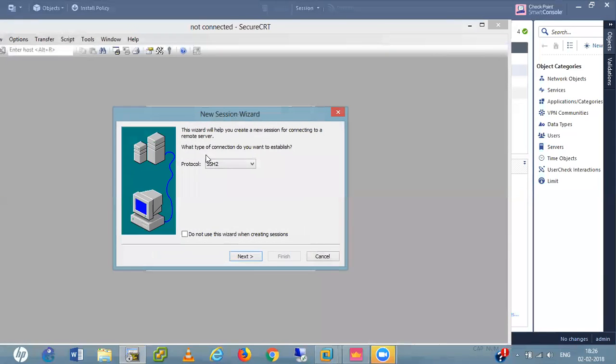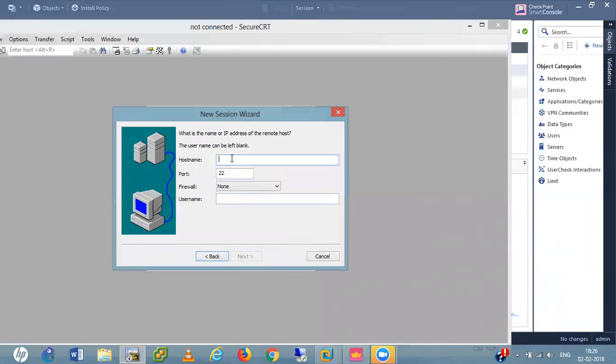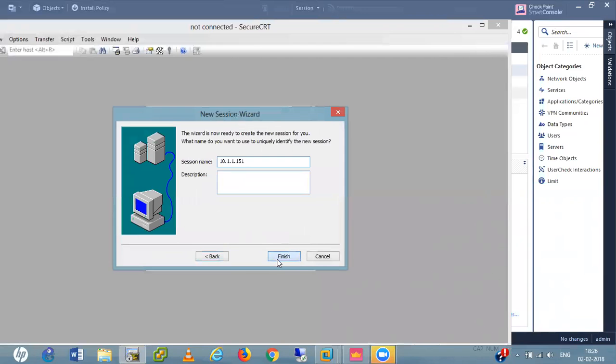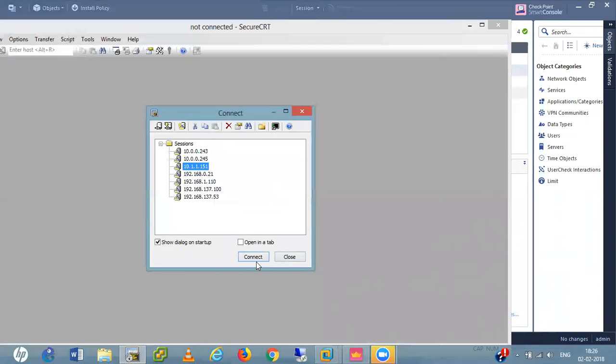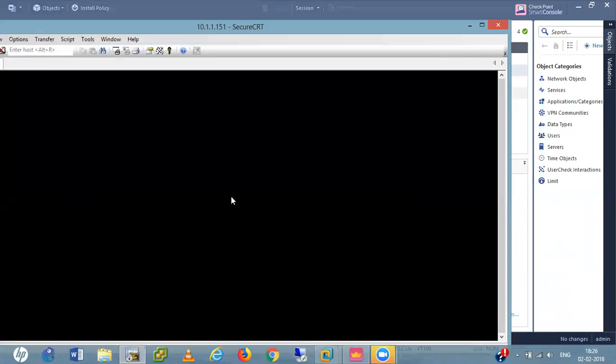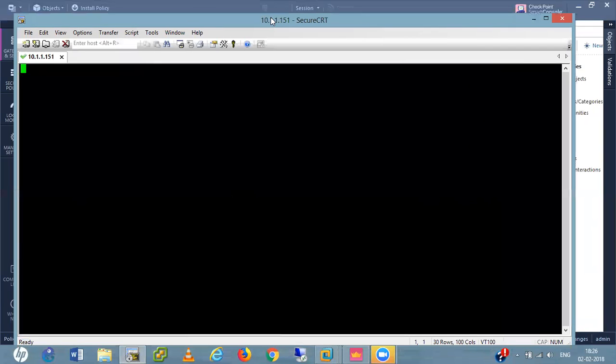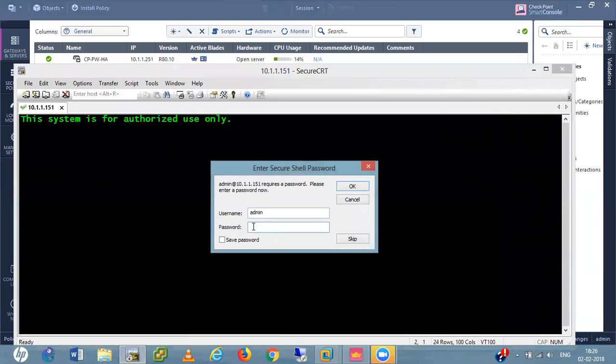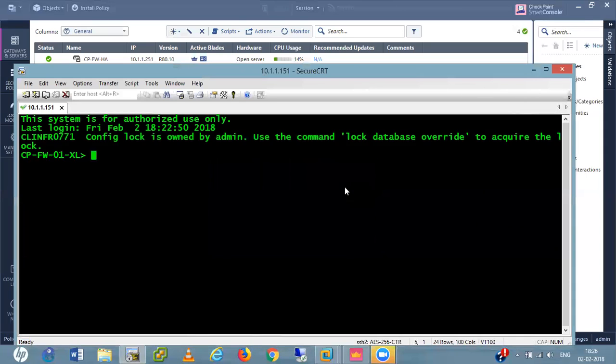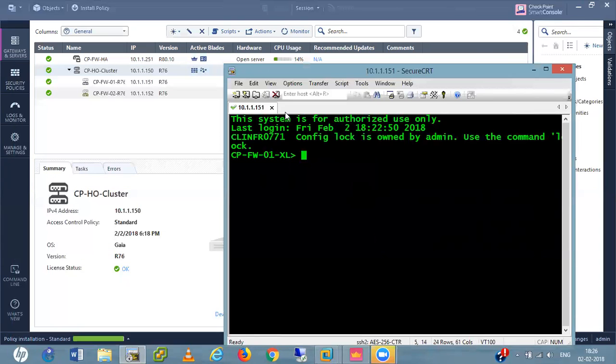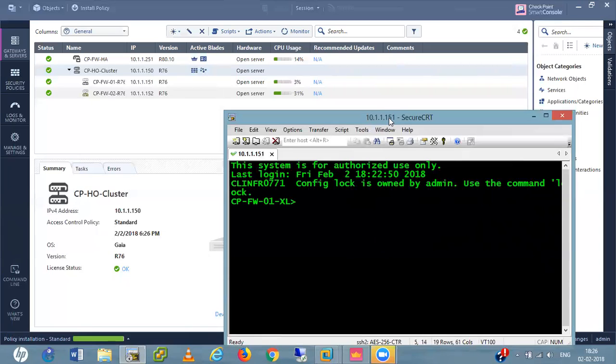I'm adding a new session here, SHP2, 10.1.1.151, username is admin. Next, Finish, Connect, Accept. Password Admin@123. You got SSH access to the device.